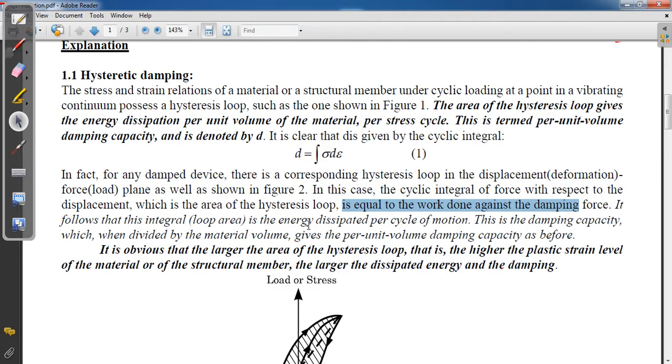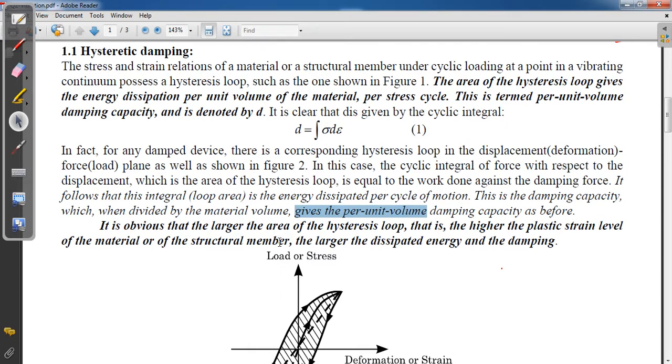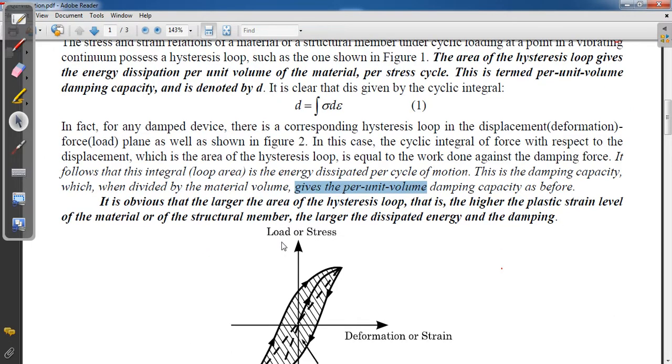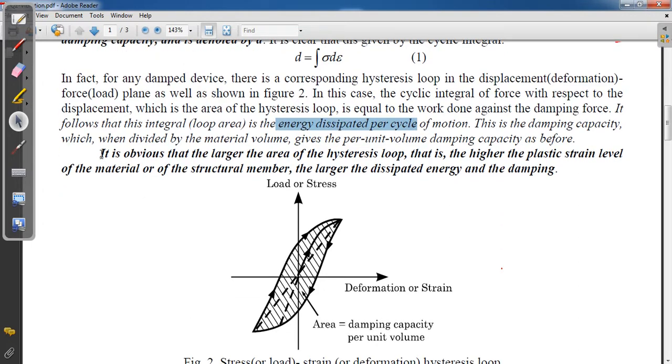So when a material is vibrating, damping is denoted by the amount of energy dissipated. If more energy is dissipated, then it has better damping capacity to reduce the effect of vibration. This damping capacity, when divided by material volume, gives per unit volume damping capacity as before. So we have seen what damping capacity is and why it is needed. If you talk about damping capacity, that indirectly means energy dissipated per cycle of the motion. So from the figure it is quite obvious that the larger the area of the hysteresis loop,